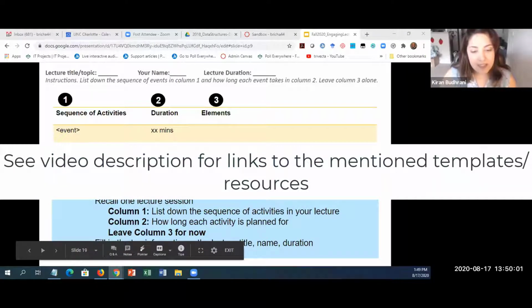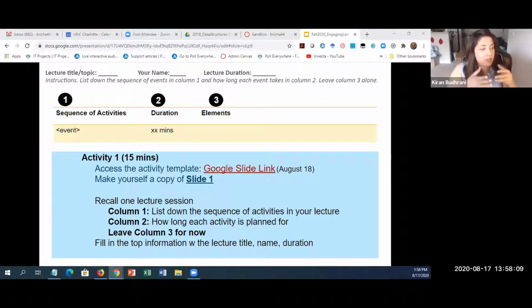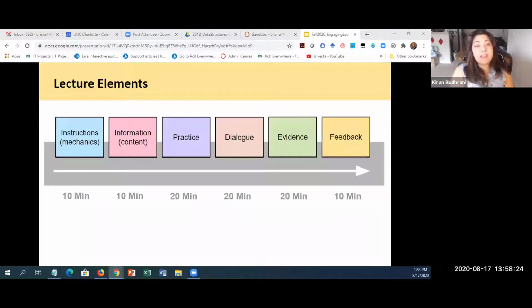You'll make a copy of this slide so that you have your own table for your own lecture sequence. Now that you have your first lecture map, where you listed the sequence of what happens in a lecture and how long it takes, it's actually quite tangible and you can show this to somebody else. And having it in a written document, like a simple table, creates your first lecture map, which allows you to track what you wanted to do and intend to do, and maybe later how you even did it.